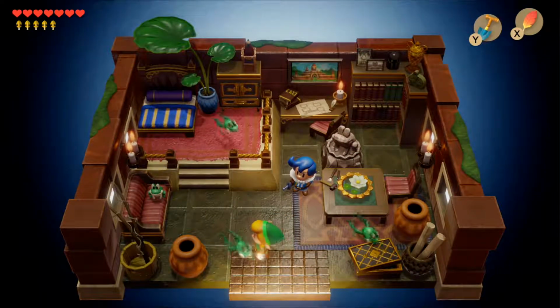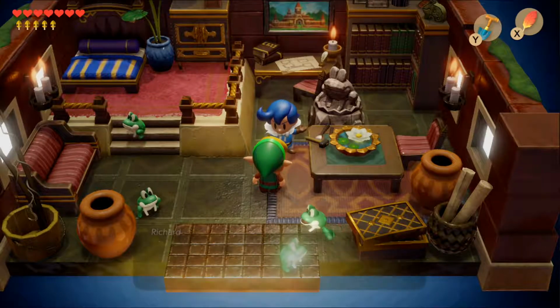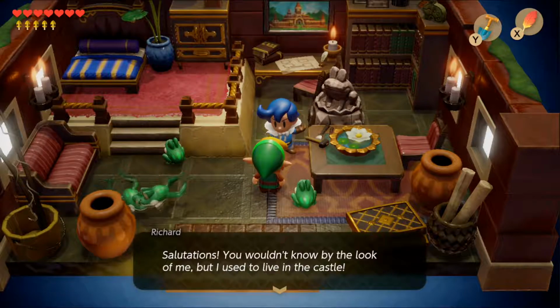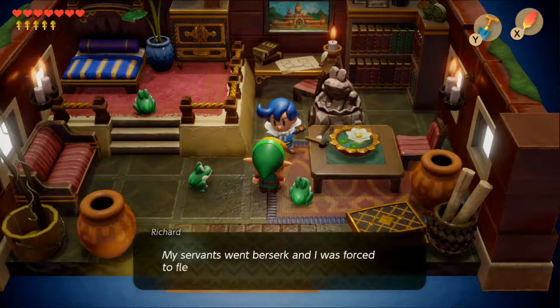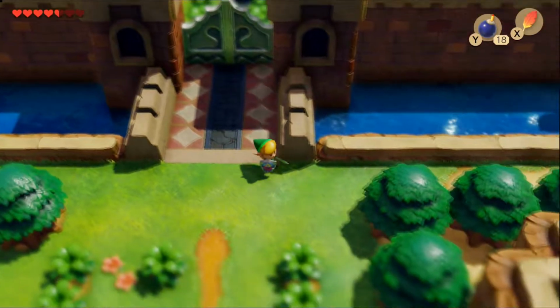Entering the villa and dodging the frogs jumping around on the floor, we talk to Richard, and he tells us that he definitely has something that we need. But, in return, he needs us to go to Kanalet Castle and get 5 leaves that may have been scattered around the castle. Making our way over to Kanalet Castle, which is here on the map, just as a reference,